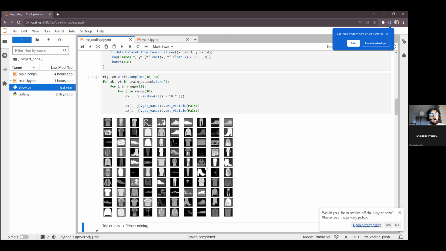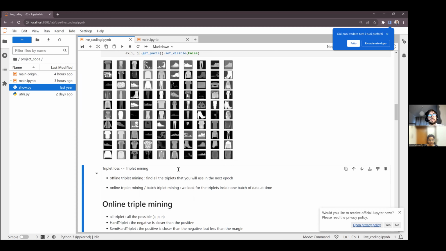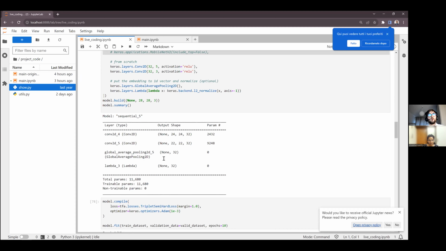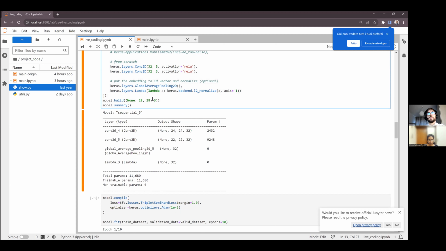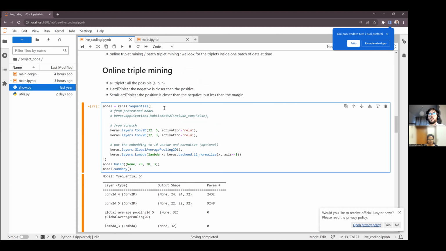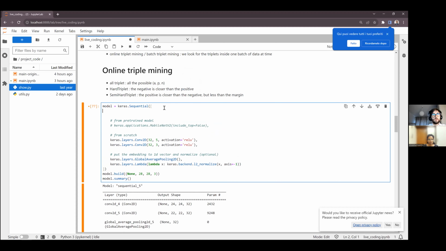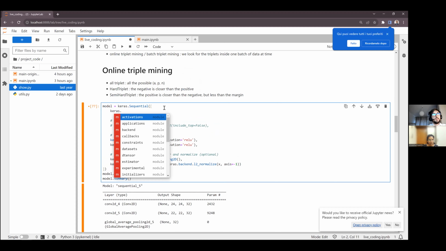So you can see that there is much more variety. Some of the shoes are on the other side, etc. So we have more variety in our training dataset, and we can probably get better performance. But again, we need to train the model a bit longer to see that, and we probably also need a bigger model. The other thing we could do for the data augmentation is to use some Keras layers.